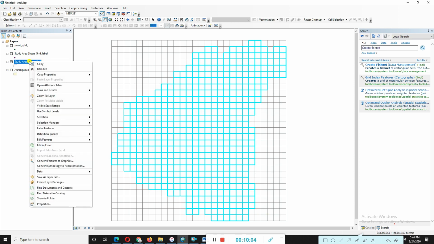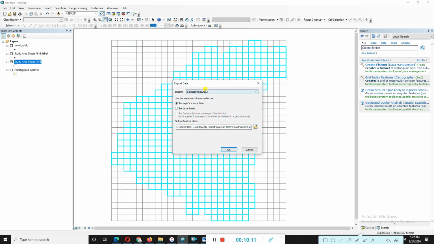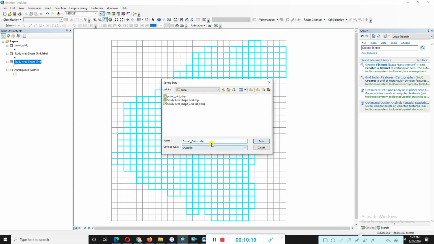So just right click on that and again go to the data, export data, select the features, selected features. Those features are selected in the grid, they are exporting. Select here, give the name grid result.